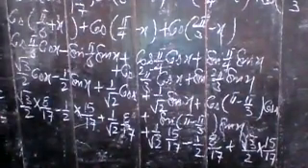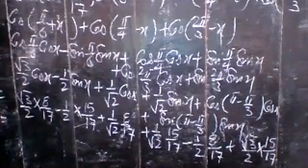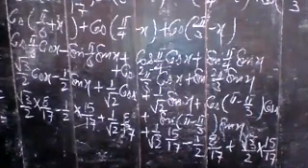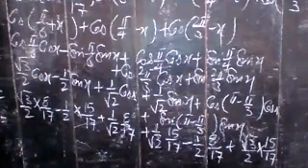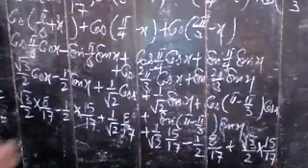Now here you see that there are so many terms in which root 3 by 2 is there. So what you do, you take a common factor here. Root 3 by 2 is common. Then take 1 by 2 common, and 1 by root 2 common. So in this way you take common factors.